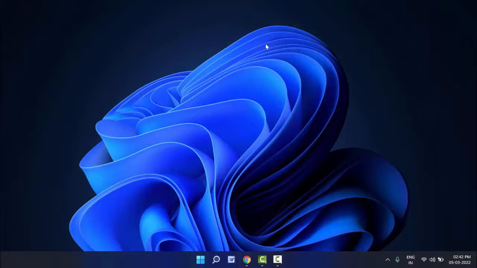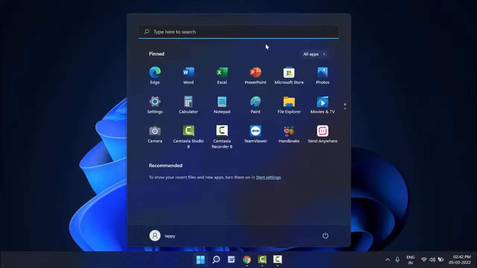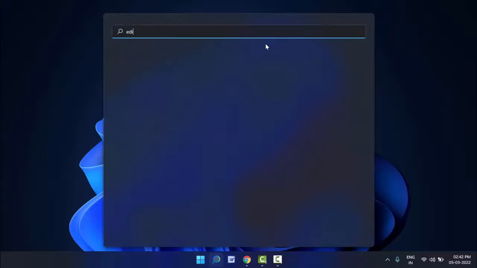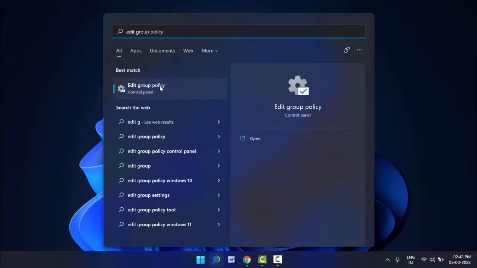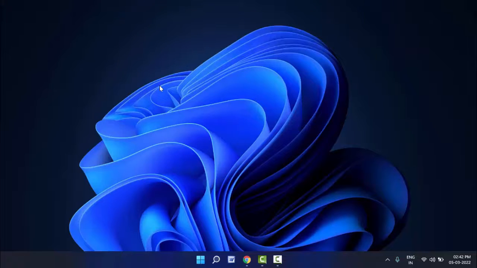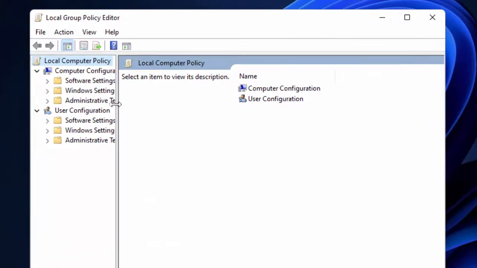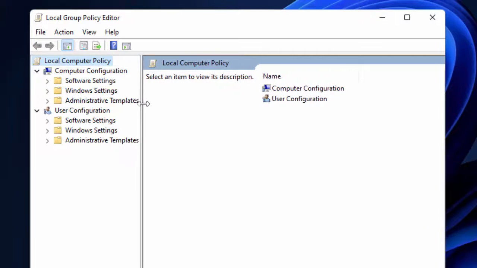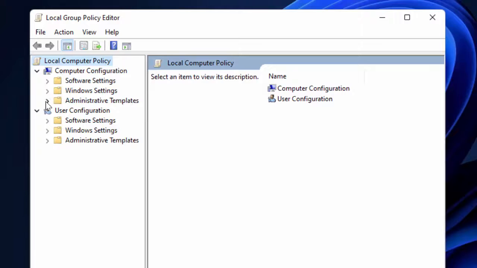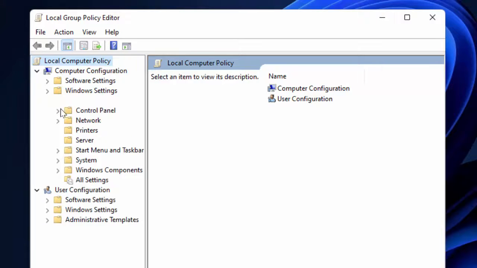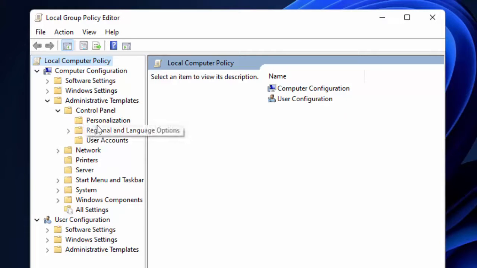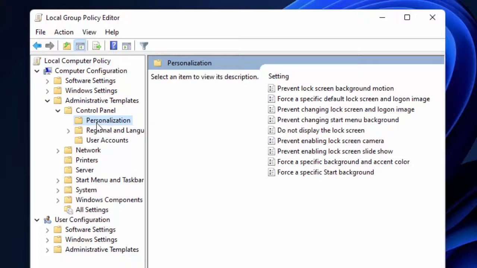Press the Windows key and type edit group policy. After this, open Edit Group Policy, and here you need to expand Computer Configuration. After this, expand Administrative Templates. Then expand Control Panel, and in Control Panel select Personalization, and in the